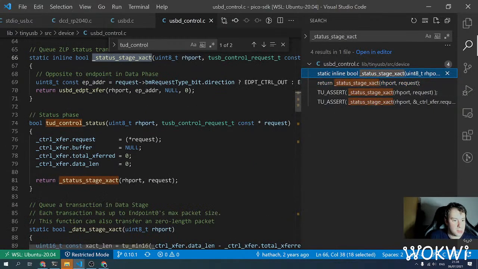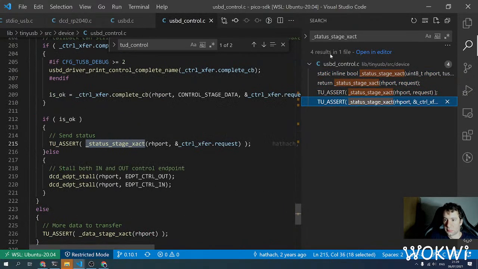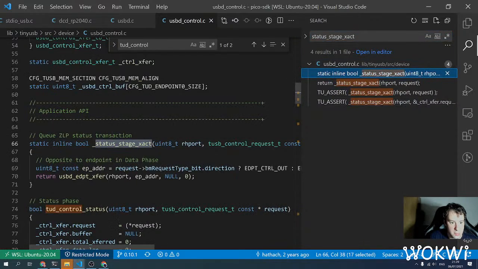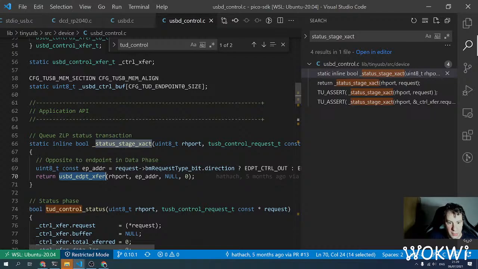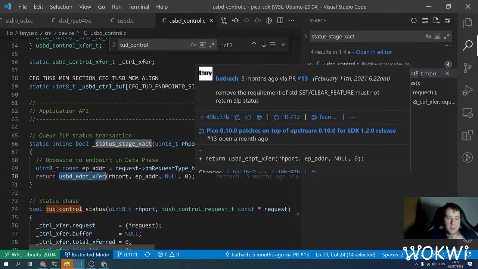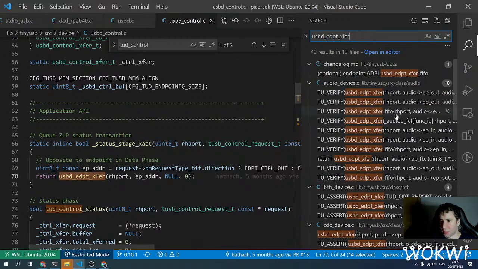And what does this one do? Oh, this is where it's defined. So depending on the direction, it would address one of the endpoints, and then it would probably send some information to this endpoint, I guess,